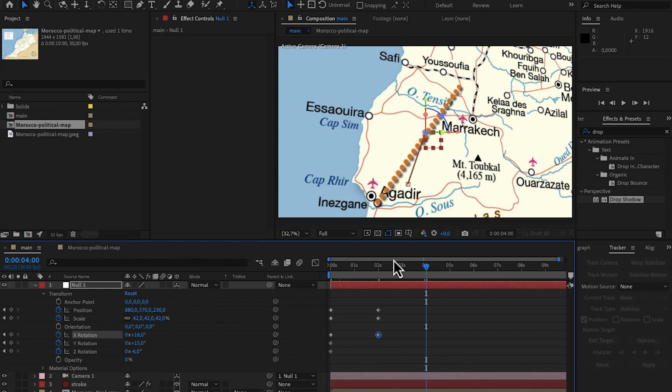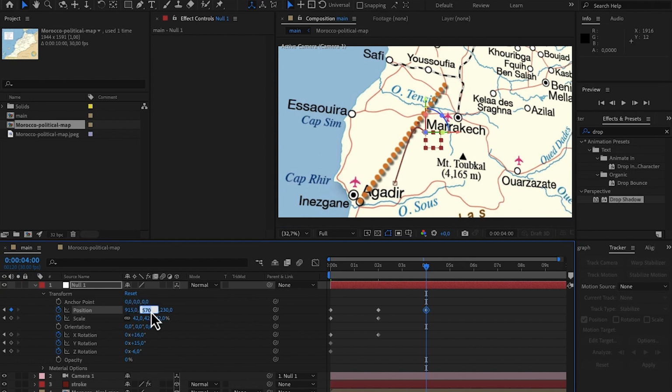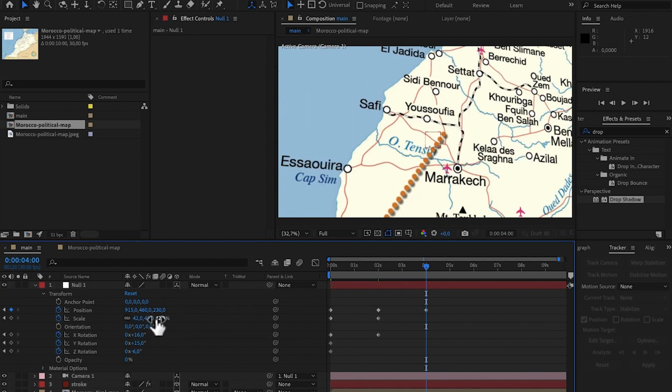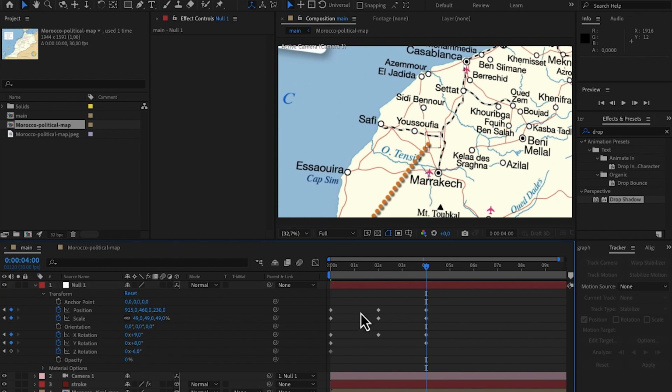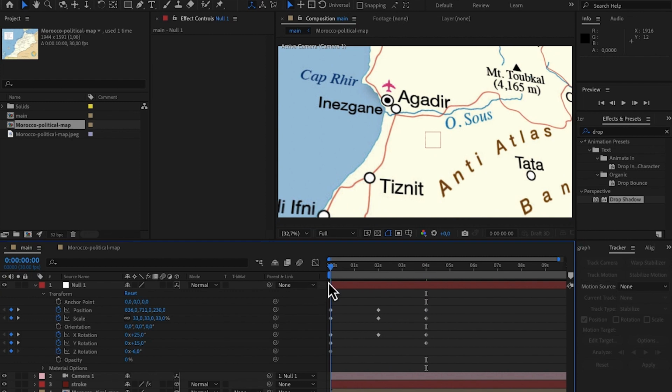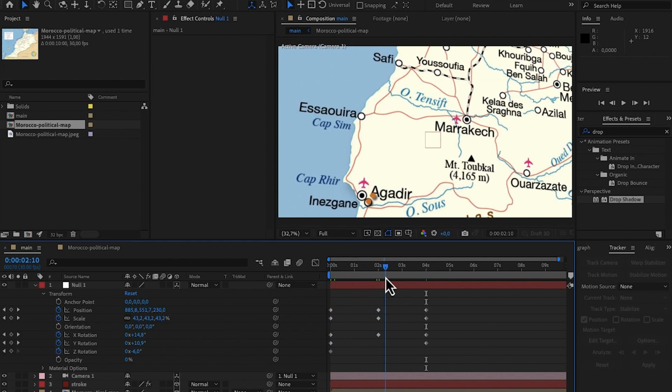Then with the position I'll go for 914, 915 or 914, everything is okay. Then 460. Then 230. Alright, then the scale I'll go for 49. Then the X rotation 9, Y rotation 8. Then the Z I'll keep it at -6. So that's how it's gonna travel from Agadir to